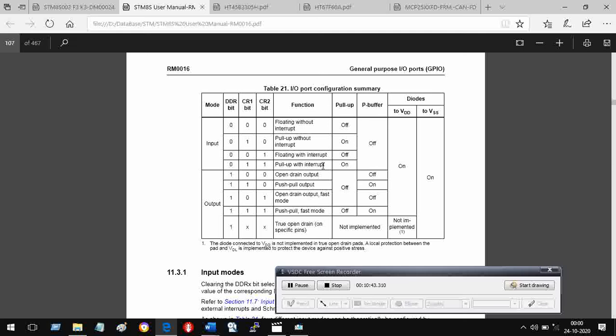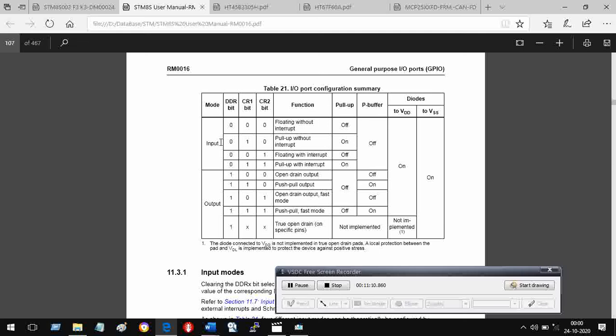So these are the possible functionalities of input that you can create with the help of three registers: DDR, which is the data direction register, CR1, which is control register 1, and CR2, which is control register 2, and this you will see soon.